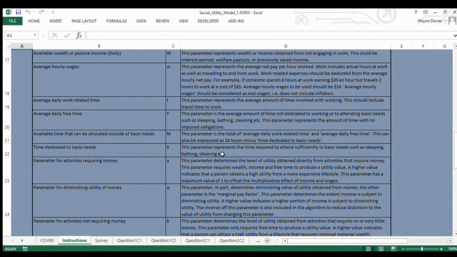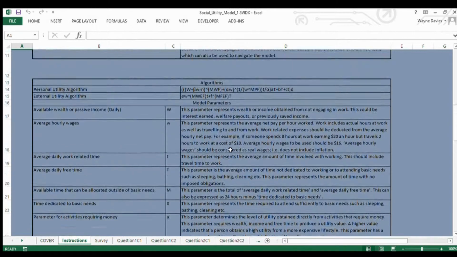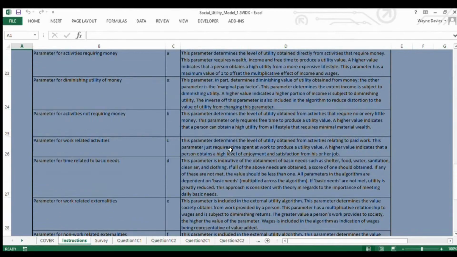This also may not necessarily be the case, but the parameters in there to include it. So you've got some incentive to actually want to earn extra money. So if we move away from the personal utility algorithm, we've also got the